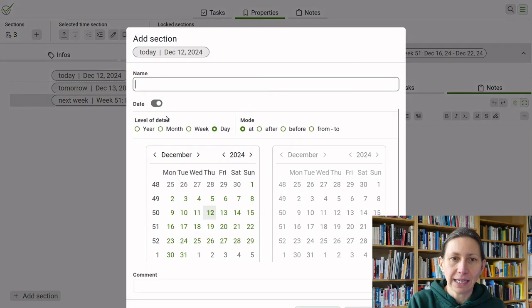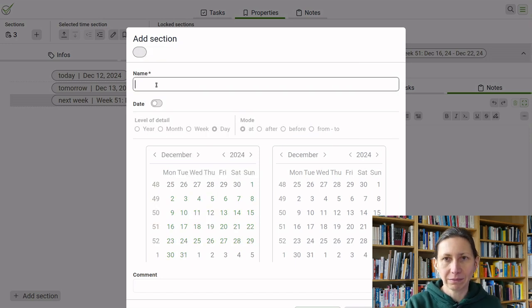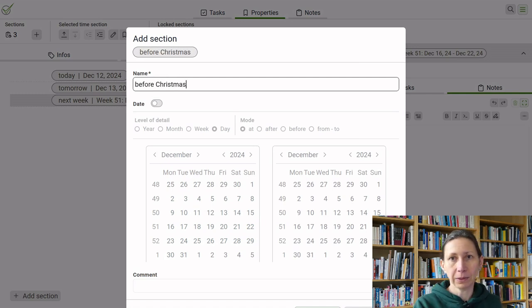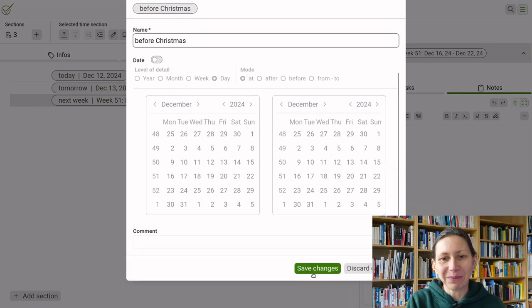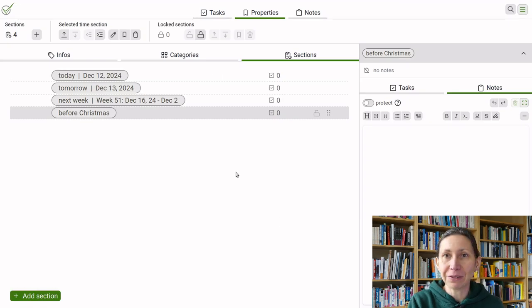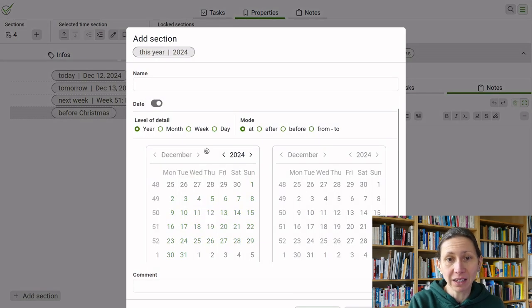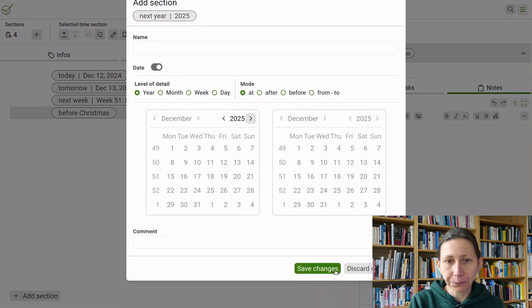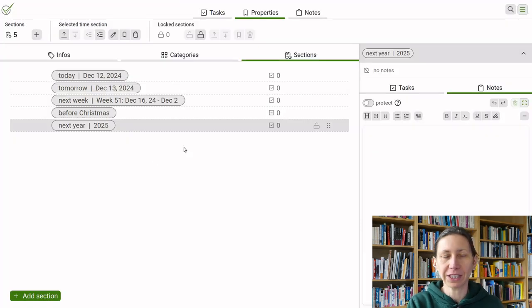And then it's called section. So it's not necessarily really a time. So you can say it doesn't fit the calendar or anything. I just say maybe before Christmas. That's a typical thing for me. I want to get things done like as if there were no next year. There is, but typical thing. And maybe after Christmas, which would be next year. Let's add that as well. So we have 5 sections here, which is also quite a lot.